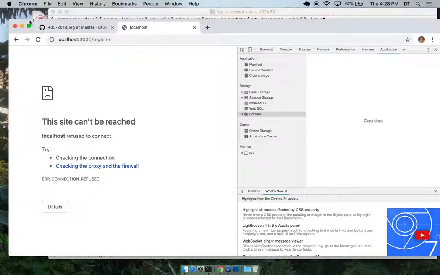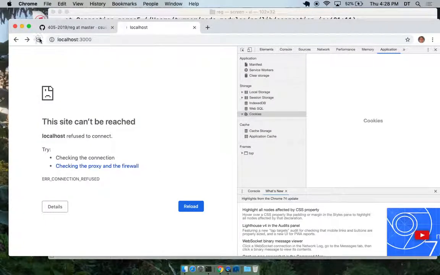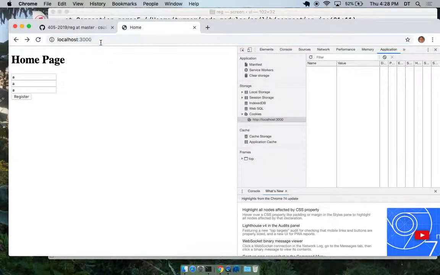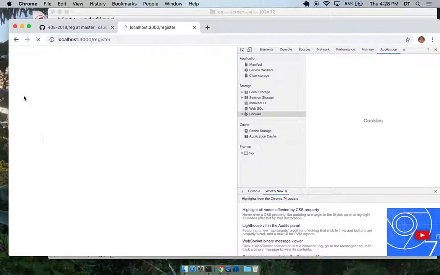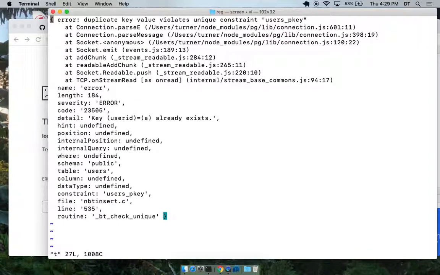Did I get the same thing when let me try it. Yeah, there we go. So let me try it. This time the email is good, but the user ID is bad. Let's see if I get the same number. 23505.